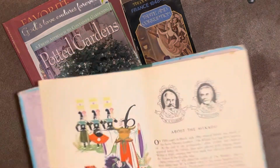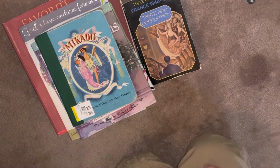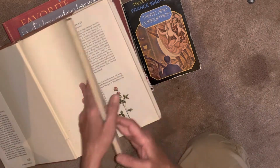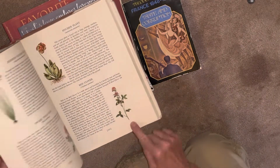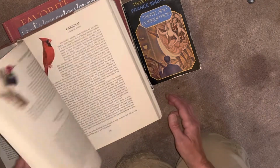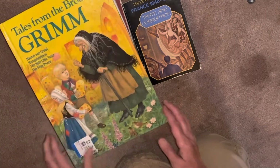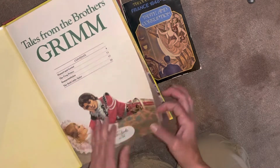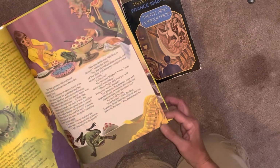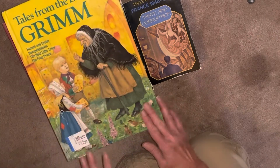So look at these illustrations. Isn't that beautiful? This is full of illustrations, and there are some lovely nature books. These with all the florals, perfect, and the birds, perfect for my nature journals and the garden journals. This is Grimm's Fairy Tales, the children's versions. They had lovely illustrations. I don't know if I'm going to tear this book apart or not, but anyway,